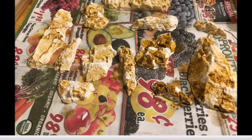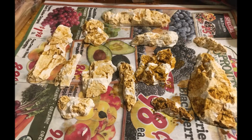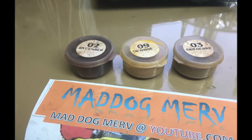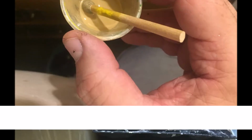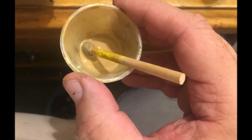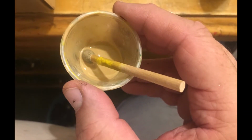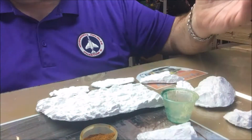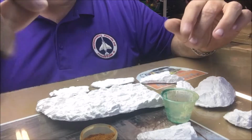Well, now that we have some rocks made, let's get them painted up, shall we? We are going to use just these pigments here. You can use Woodland Scenics, but this is what we're going to use. And you could use a little cup. You do need a spongy brush to do it, but we're actually just going to do it right on the rock. Scenics makes some great pigments, but I have the pigments that I showed you, and I'm going to start out